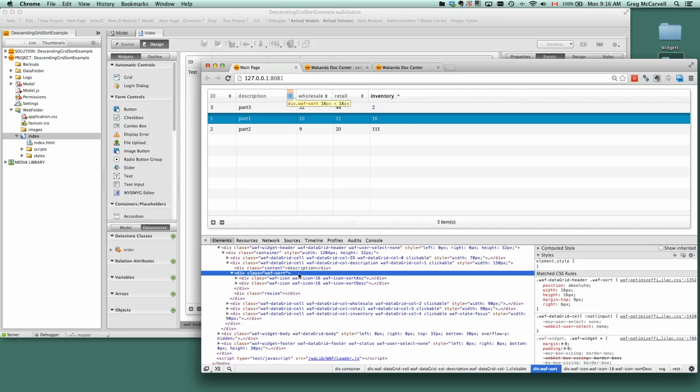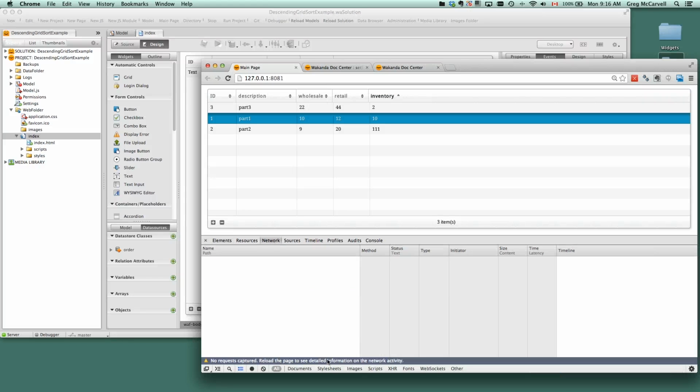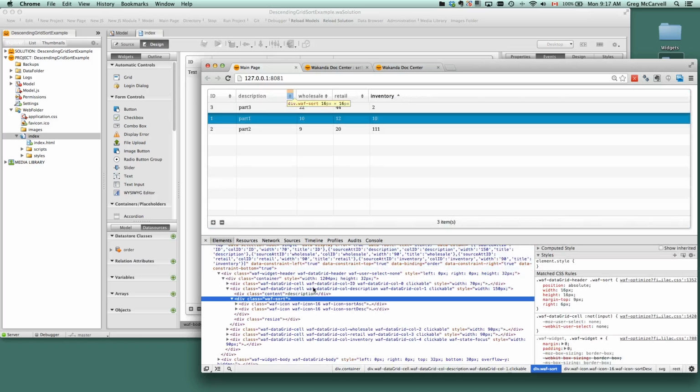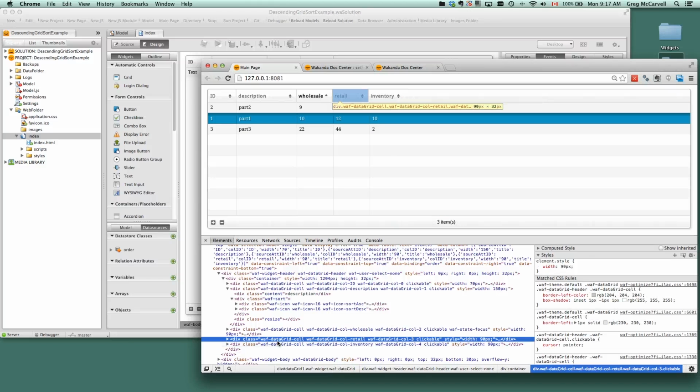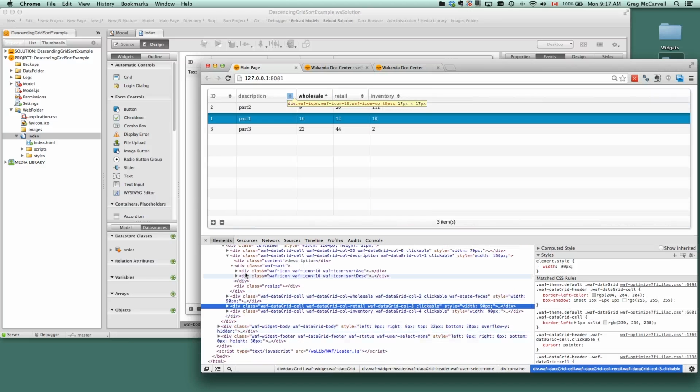So all I want to do is observe what happens when we do sort. If I go here to network, I've cleared it, so there's nothing here. We'll go back to elements. So the first thing I'm going to watch, when I click wholesale, what happens here? I saw some movement down here. So we've got, okay,